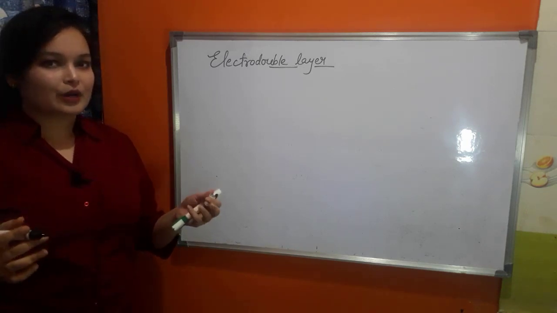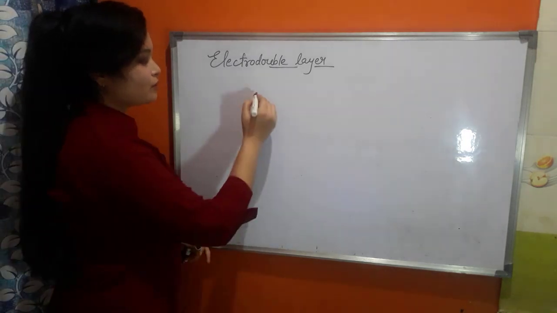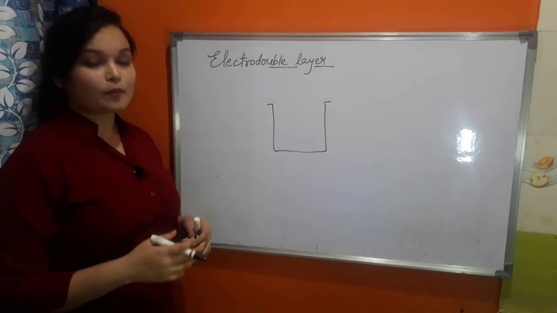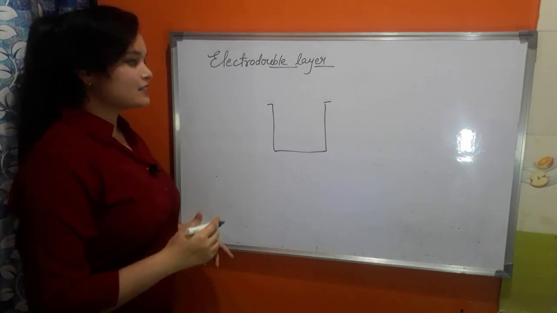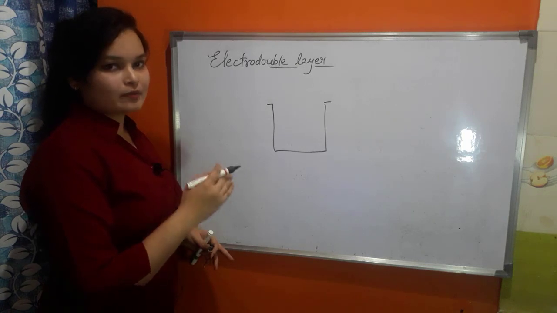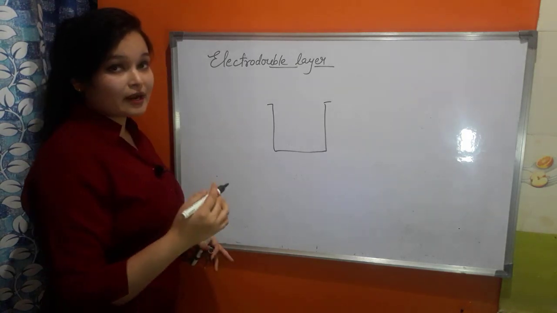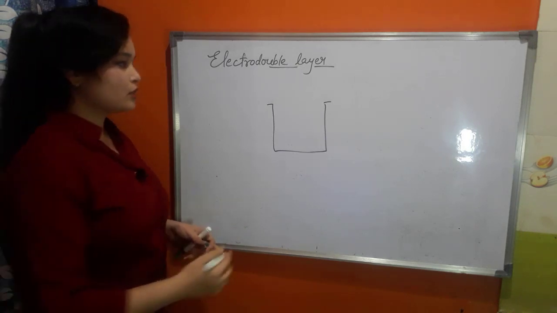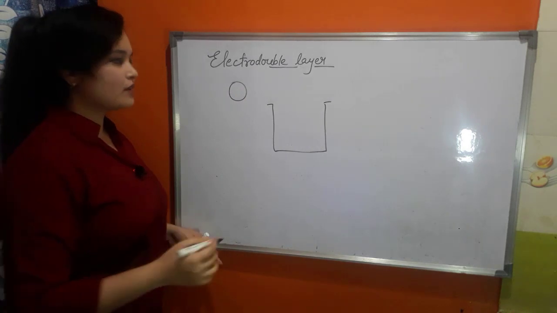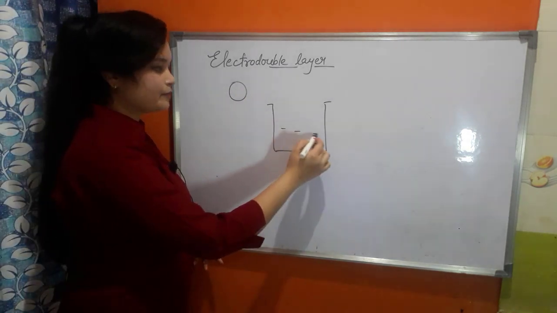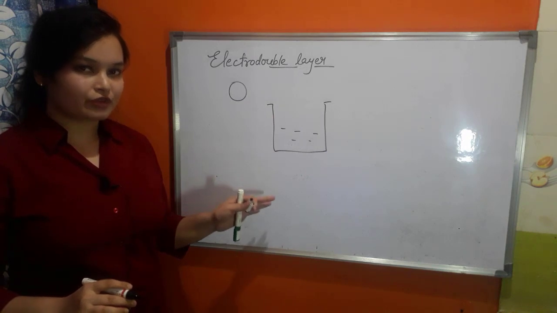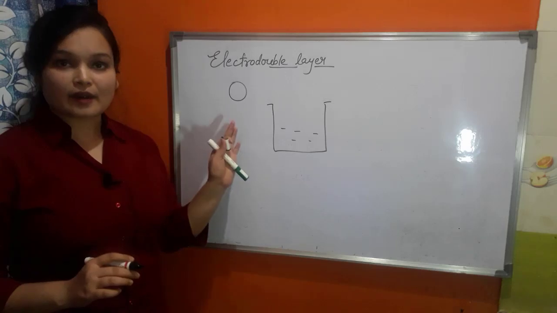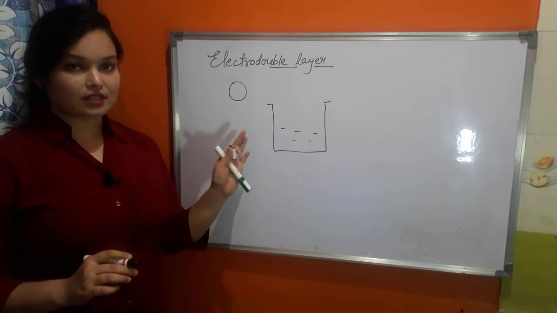Initially, we'll take a setting in which we are having a solution. We all know that solution has two parts, that is solute and solvent. In this solution, there are insoluble particles present as solute, which are making it a solution. So just suppose we have added this particle to this solvent and it will form a solution with it. But the prerequisite for the electrodouble layer here is that this particle must be insoluble in this solvent.